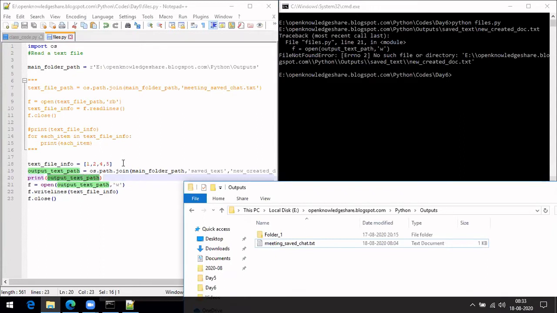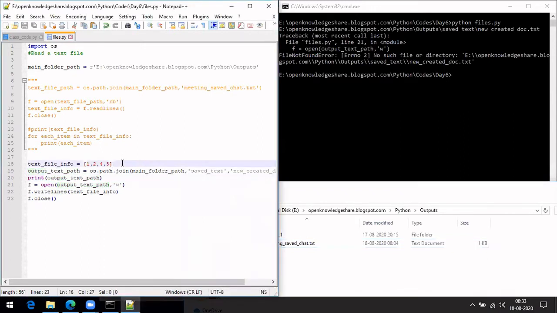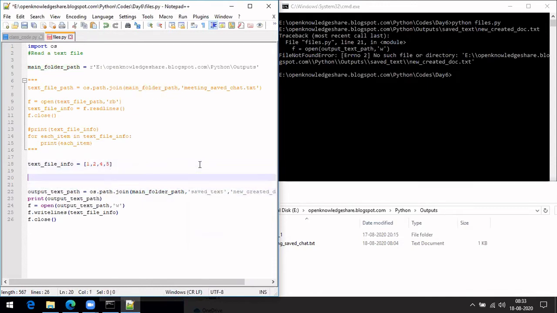So what we can do is we have to create this folder first and then use it. So let me do that part. Folder path equal to same thing till here.